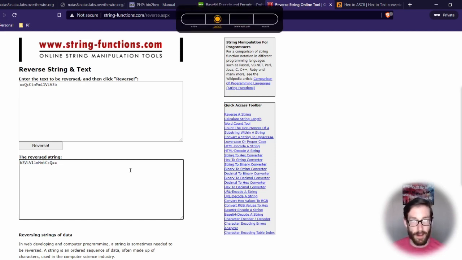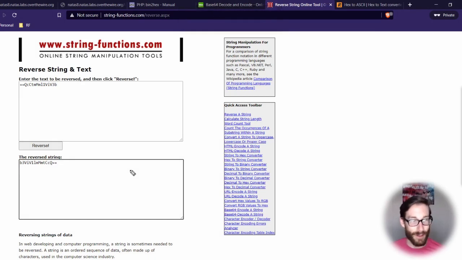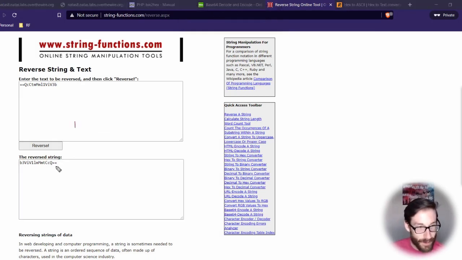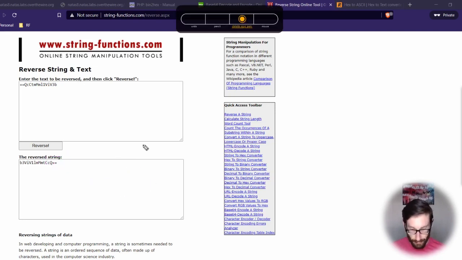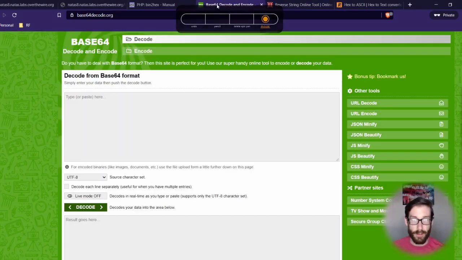It's because, obviously, I'm not after following along here. And the reason I know that is because here we have an equals at the end. That's not always the case, but it's most likely the case often. And I think it might actually always be the case. I'm not really sure, but that's something we can Google. And here, if there's an equals at the end, my immediate assumption is that, okay, this is base 64. So the very next step is to basically decode this based off of the previous series of functions.